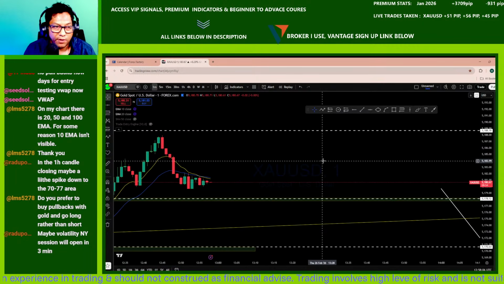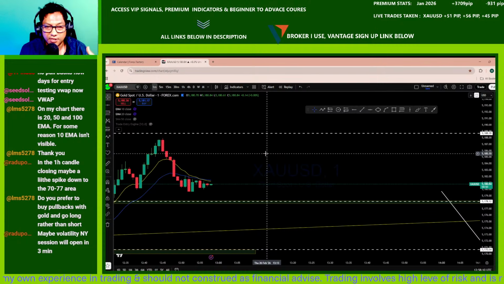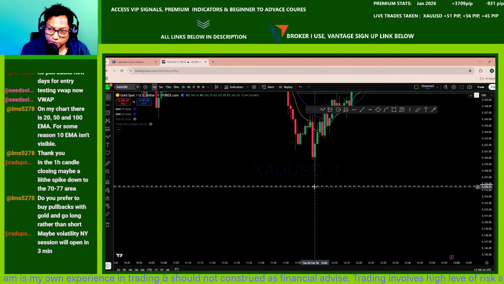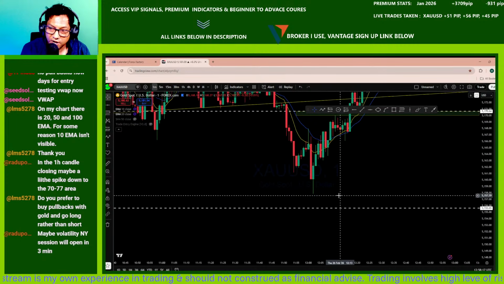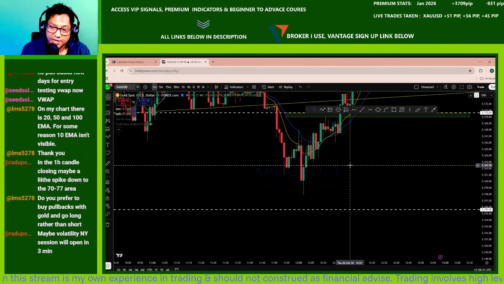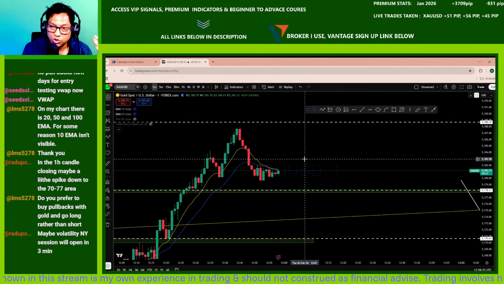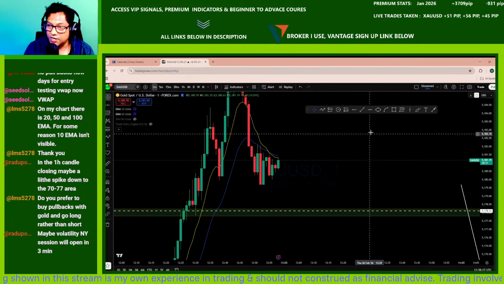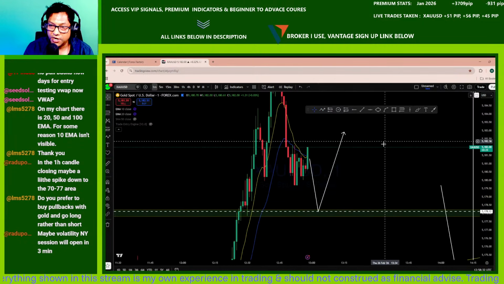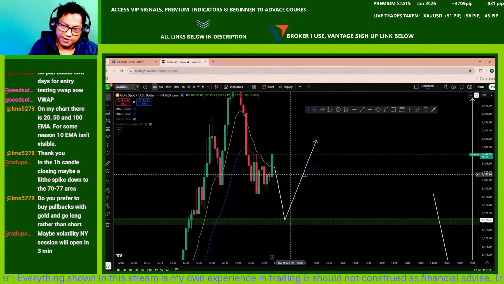So you always have to have a plan, and it doesn't have to match exactly. So if you look at here, we had a plan that from this support we will be going long. The market, before we came to that, reversed. So if we looked at that entry that we did yesterday as well, it could be a big winner, but that's fine. Here is also a plan: you want to see the market break this low below and then bounce back up. Now it's moving up off this level here now.